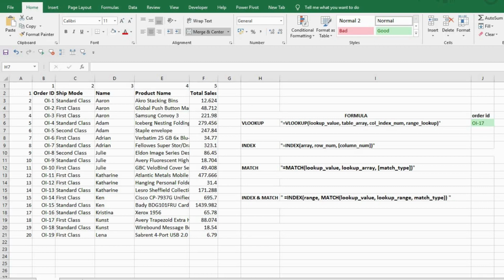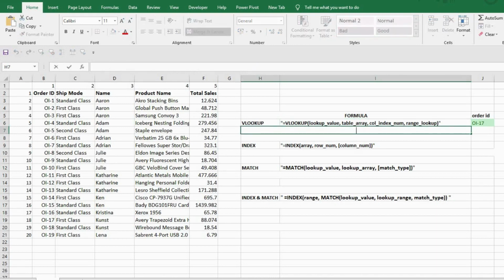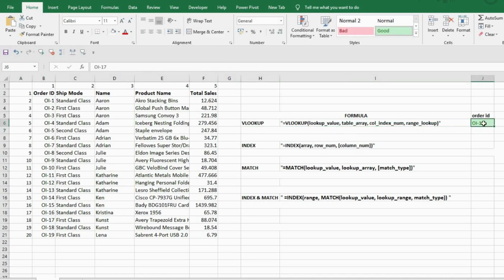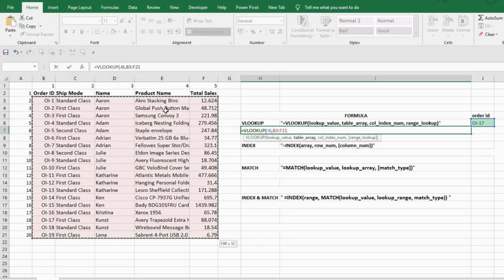This is the formula for VLOOKUP, and let's see a quick example. Let's say we need to find the sales value for whatever order ID is in this cell. Let's use the VLOOKUP formula, equal to VLOOKUP, open bracket. We need to select the lookup value. This is the lookup value, comma, table array. This would be the table array,